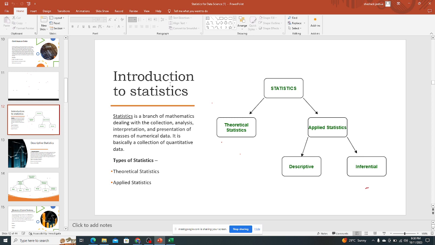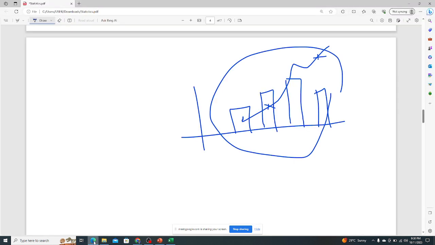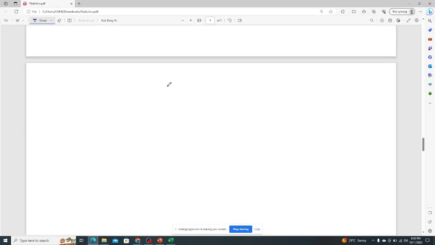It deals with collection, analysis, interpretation, and presentation. And you can see all these are the steps for data analysis. Just to give you a bonus, when it comes to data analysis,